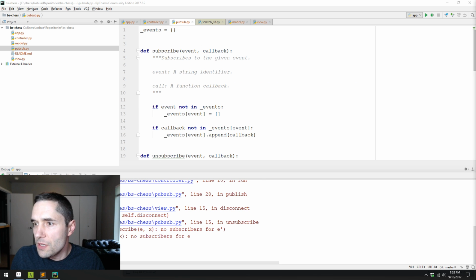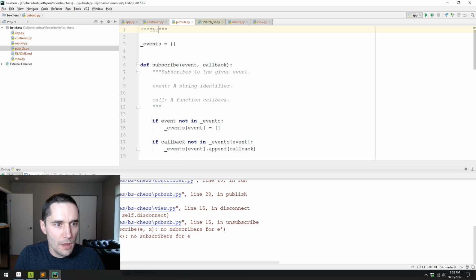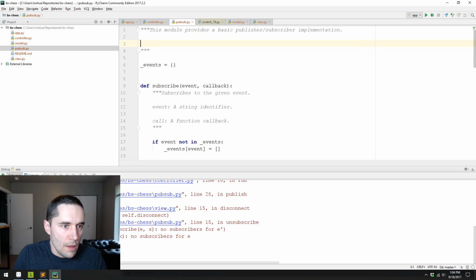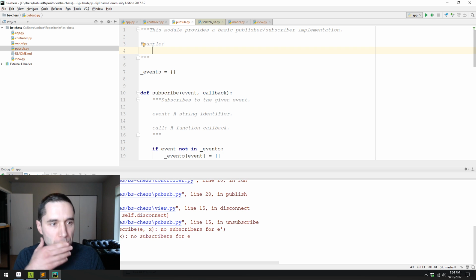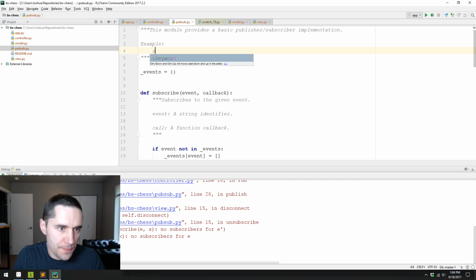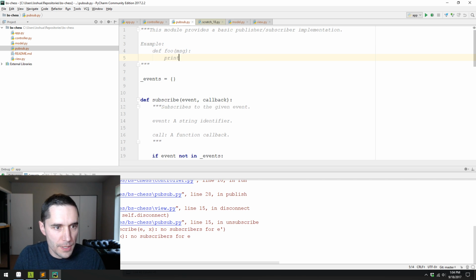I think maybe we should add just a doc string to the top of this thing, just to let us know what this does. This module provides a basic publisher subscriber implementation. Example: def foo(msg): print msg,